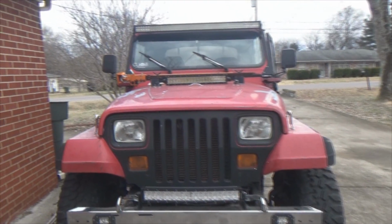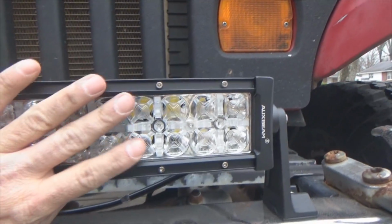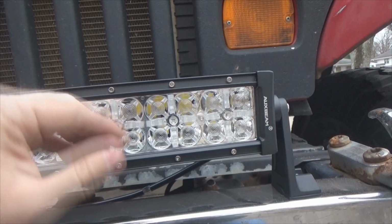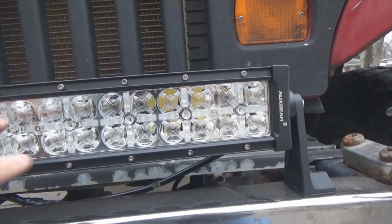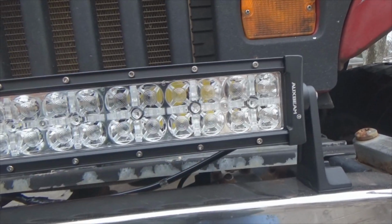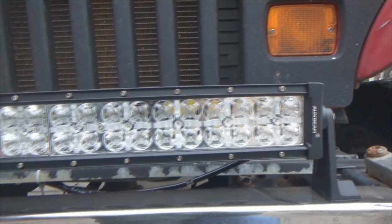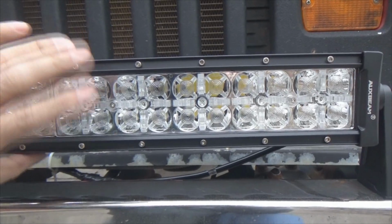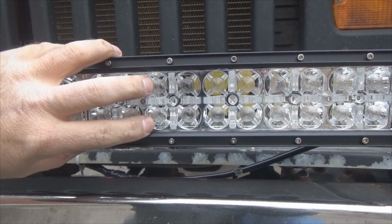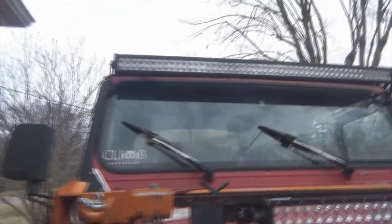Why is that? Well, as I mentioned earlier in the video with the Auxbeam product, Auxbeam puts the LEDs in, but they also put finished lenses in front of them to help, one, control the light, but two, it also gives a nice clean finished look. And it's a solid build light, feels great. Tonight we'll really get to see what kind of performance we get out of it. But as I mentioned, they put lenses over there to, again, control the light, and two, to create a nice finished look, versus the other brand that I have here